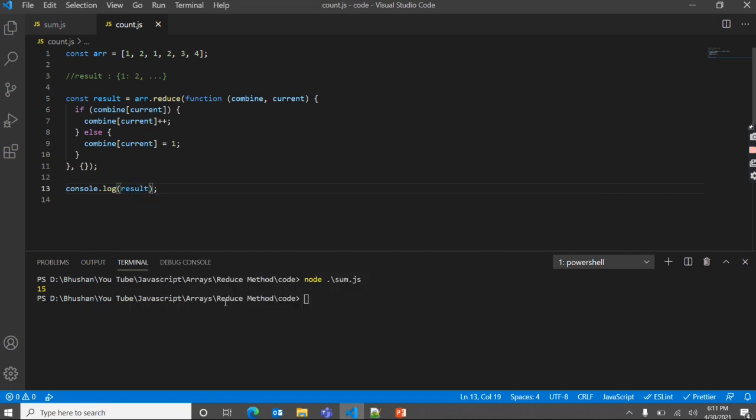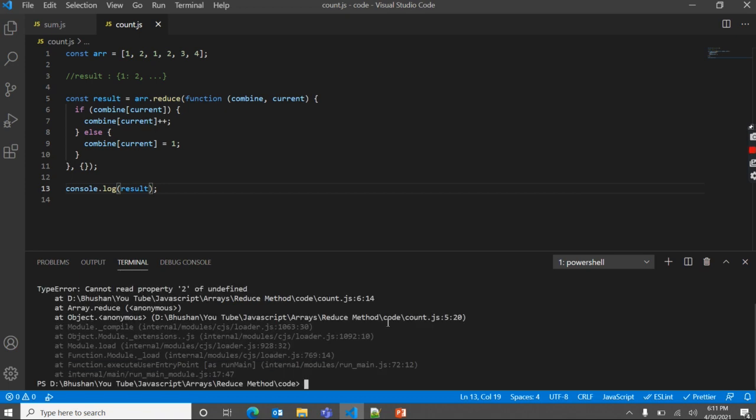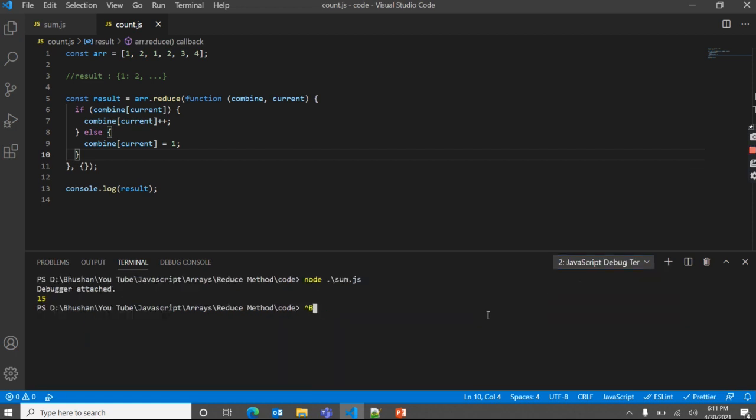Okay, let's run without debug first. It should be count. Okay, so we have one error: cannot read property 2 of undefined. So see here why we get this error. We need to return this combine also, because, let's debug this and let's see why we get this error. Okay, node